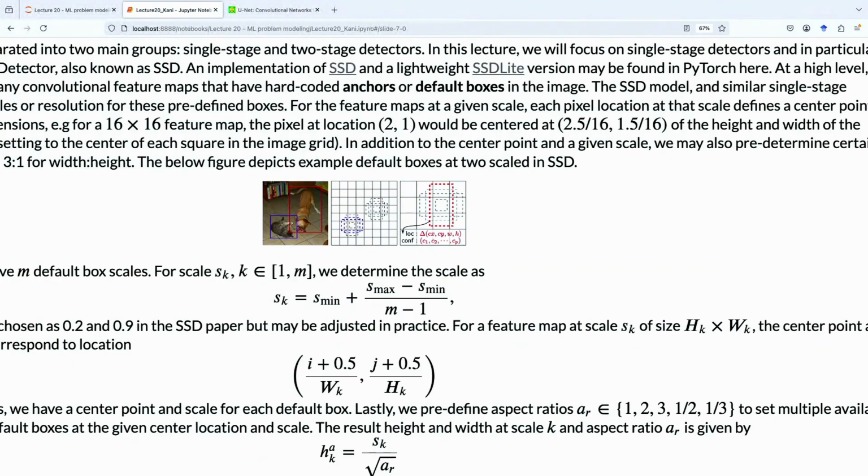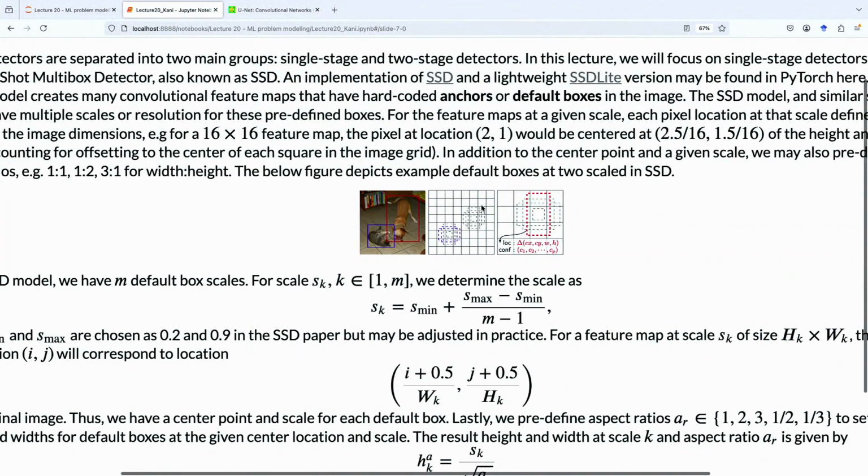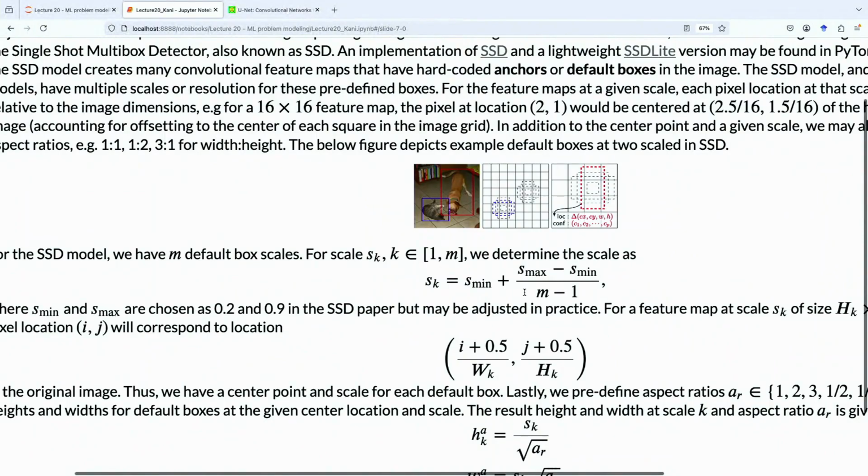possible bounding box locations. These little grids are what's known as anchors. These little anchors define possible bounding boxes that you could specify. And then you could adjust the location of these anchors, and you could adjust the height and width of these anchors. So what do we do with these anchors?